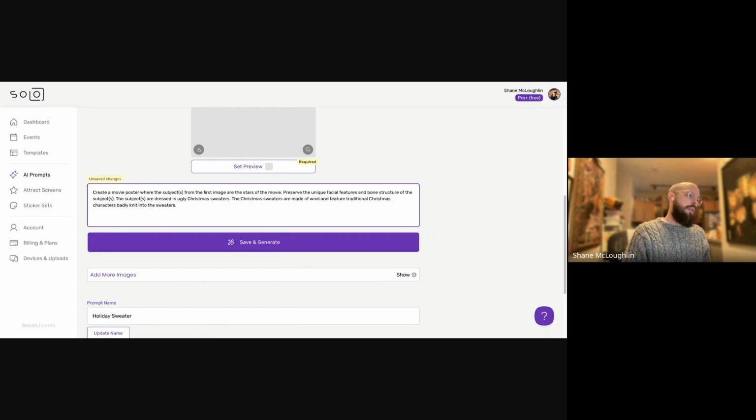Okay, place the subjects in the center of the movie poster. So I want to give it some context because I'm building a movie poster. I want to be very specific about, I spelled center wrong, I think, and I'm just going to go middle of the movie poster. And I want to give them some context about how I want them posed